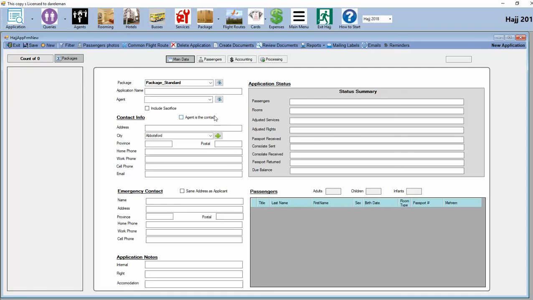For a detailed description of these three parts, please refer to the video titled Hajj Application Form Overview. This video is dedicated to how to create a new application. To create a new application, we click New,